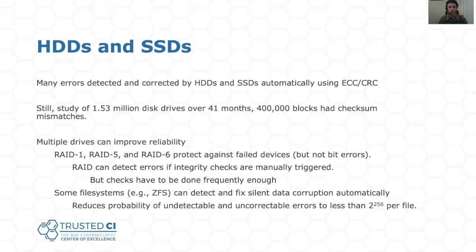ZFS, for example, can use SHA-256 to validate data integrity, reducing the probability of undetectable and uncorrectable errors to less than 2 to the minus 256 per file. This can also help identify failing storage devices. In addition, if a corruption is detected and the file system uses integrated mechanisms that provide data redundancy, such as ZFS's RAID-Z, such file systems can also reconstruct corrupted data in a transparent way. This error correction takes place at the cost of requiring multiple disks, but provides strong guarantees against masking any random data integrity failures.